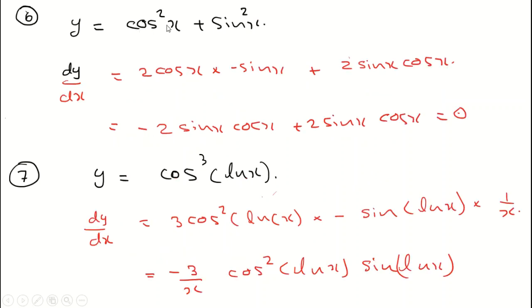y equals cos squared x plus sin squared x. 2 cos x into minus sin x plus 2 sin x cos x. So these two will cancel each other. Actually we can see it even without doing this, because sin squared x plus cos squared x is equal to 1. So when you differentiate 1, it is 0. See,